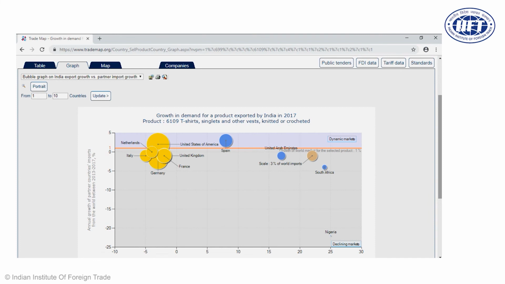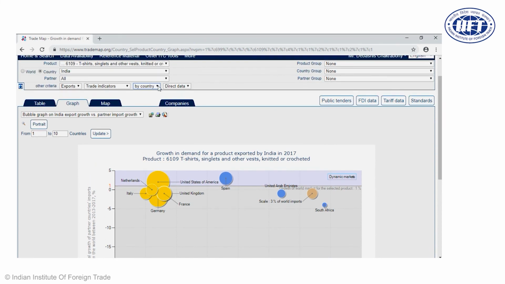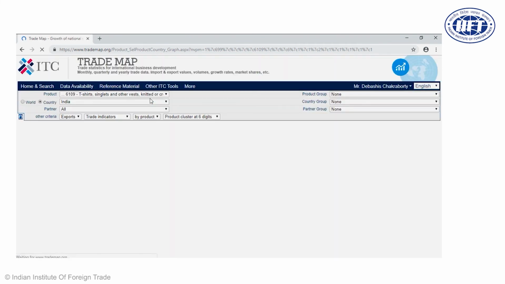So Spain is a dynamic market, a blue market which can be targeted in the short run. Germany is a declining market and a yellow market, so it might be looked at in the long run. So a dynamic blue market can be targeted in the short run. A dynamic yellow market can be targeted in the long run. Now instead of country, if we go for product selection,